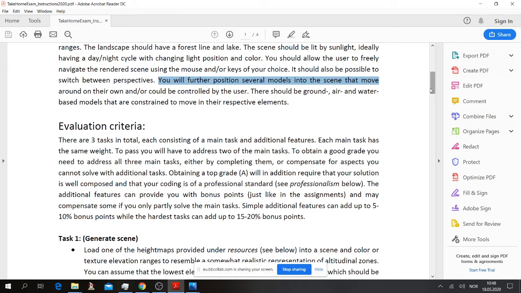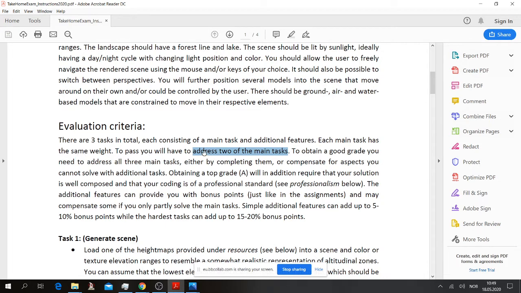But it's important here that we don't want you to speculate to solve only one main task and then just have a lot of additional tasks. These are there to sort of make up for what you cannot do otherwise, or to make things a bit more impressive. That's really up to you. But as I say here, to pass this exam, you will have to address 2 of the main tasks. It doesn't mean you have to solve them completely, because if you do that, you would get a 2/3 score, right, 2 out of 3, as each of these main tasks have the same weight.